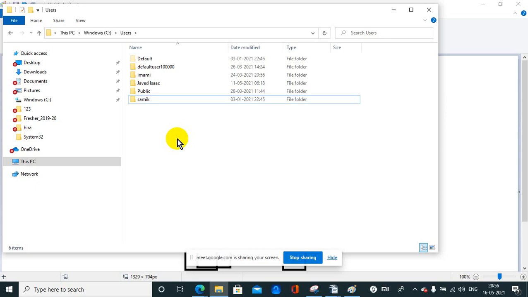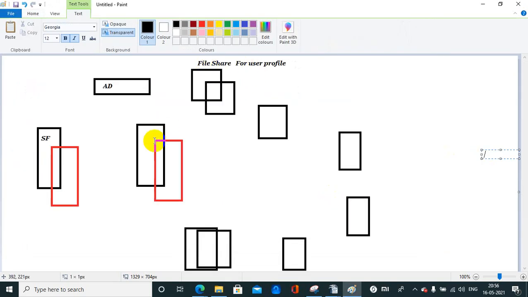When I told you that we have created the user profile on AD, I told you we will provide the location of the profile share or the file share in Citrix policies.